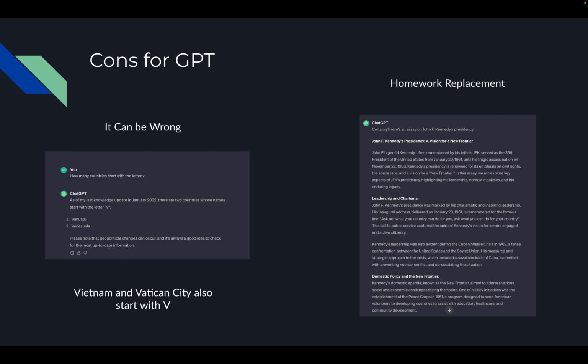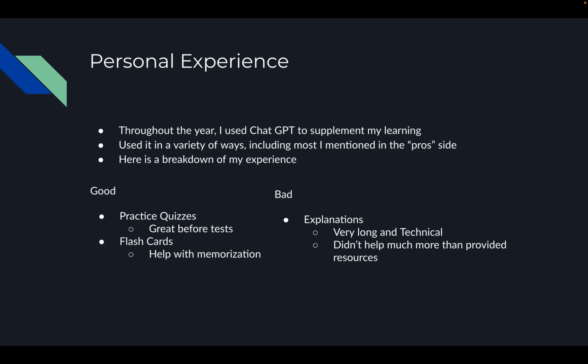And also, here's like a homework replacement. So I asked it, generate me an essay on John F. Kennedy's presidency, and it generated one. Obviously, it was a lot longer than that, but I couldn't get that whole thing in the screenshot. But it just output something, and it sounds good. Like, it sounds like something somebody would say. John F. Kennedy, often remembered for his initials JFK, served as the 35th president of the United States. And it just kind of goes on and labels the different things about him. So I'm impressed. Like, it does good work. So there's just another thing where it's kind of hard to tell. That sounds like something somebody would write. So you never know with papers.